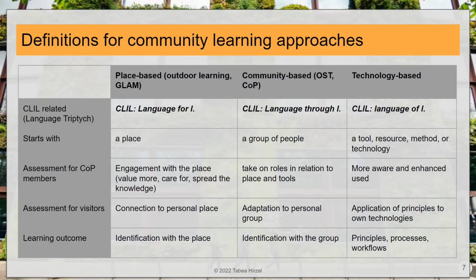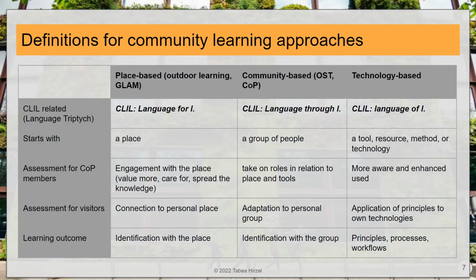Not every outdoor learning must be community learning or place-based learning. Yeah, we can just go to a baobab tree and learn mathematics. That is not necessarily place-based learning, unless we count the leaves of the baobab tree. We can go to a museum and just do some drawings and get the inspiration there. That is not necessarily GLAM. GLAM is a little bit more, but still it is place-based perhaps.